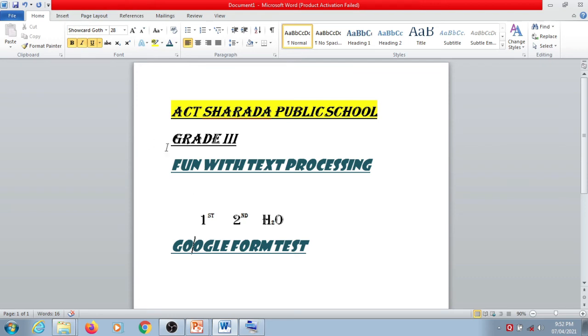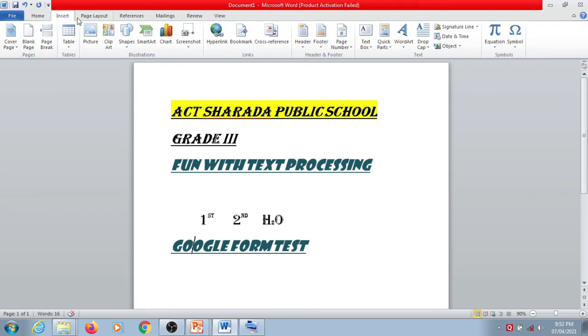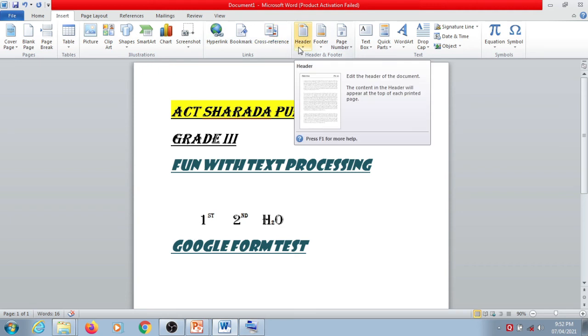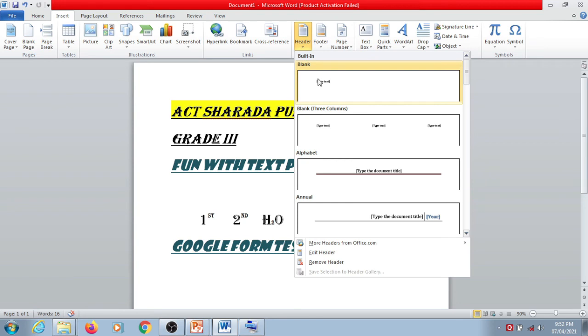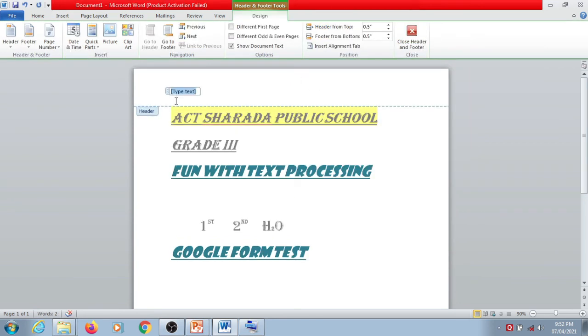To insert header and footer, click on the Insert tab. Click the down arrow on the header. Click on the blank header. Type the text.